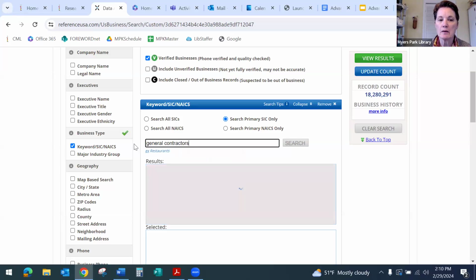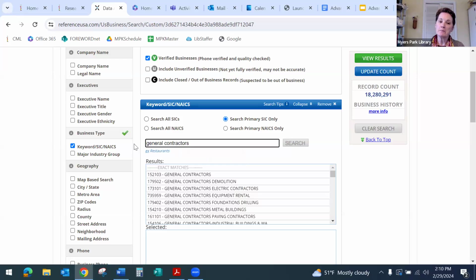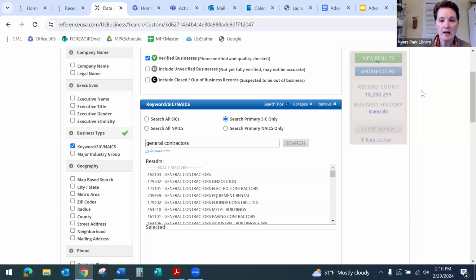Another way to look for clients, a lot of times general contractors are the people who find all of the different vendors for a particular job. So making sure that they know your name and your capabilities is huge. So looking at general contractors, if I just look at that for the entire United States, Data Axle has, whoops, I have to click on it. Data Axle has